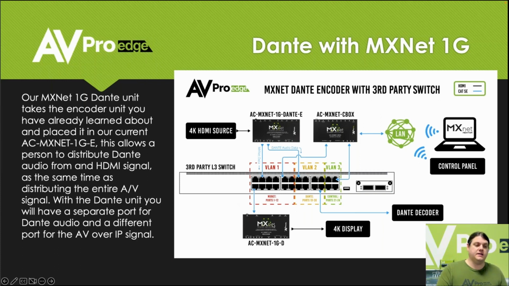And so now I can decode any of the ports here, go onto the displays, watch the audio video signal, and then out of the Dante decoder coming out of these ports, I can go straight into an amplifier or straight into a Dante speaker system that would then play just the audio. And we could have the specific audio sources on the network that were Dante, or we could take any of the audio video sources, de-embed that audio off of that source, and listen to that throughout any of the